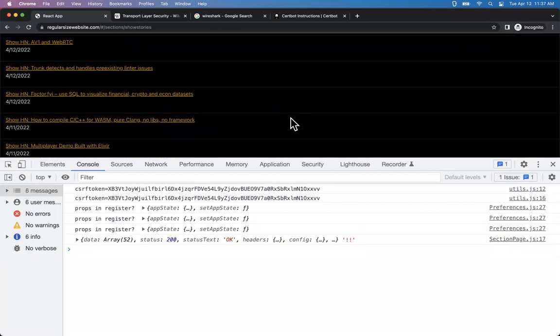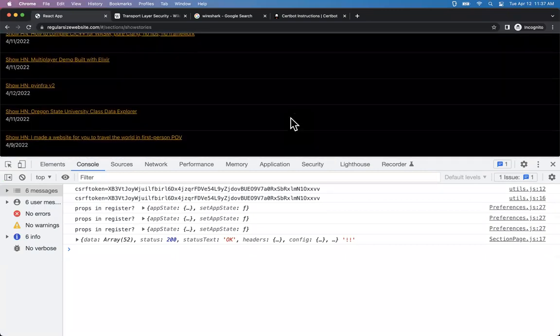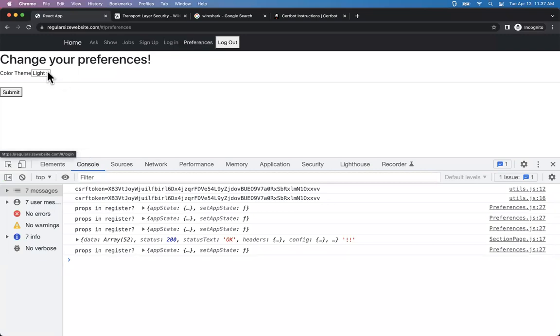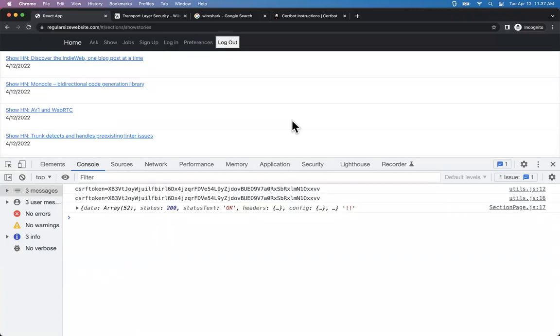Everything is just inverted colors now. So I can read this page at night. Maybe I changed my mind about that. Change that back to light theme. Refresh the page. Got light colors back on. So here I've got a full stack application, React and Django, running at